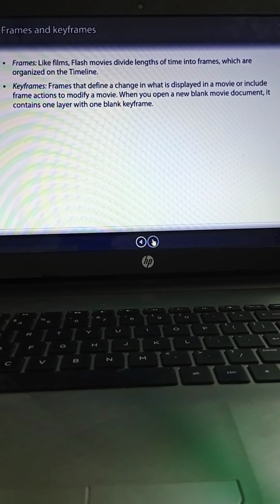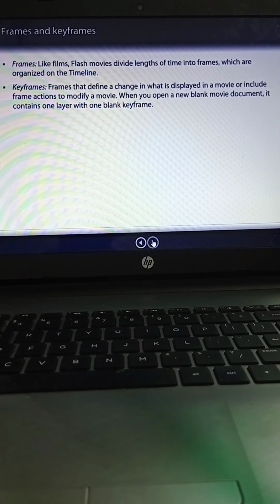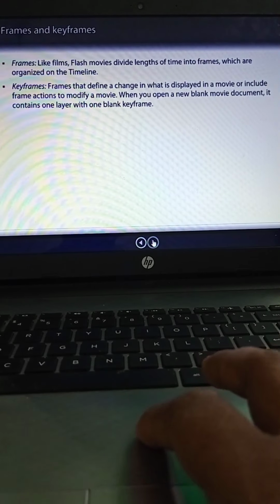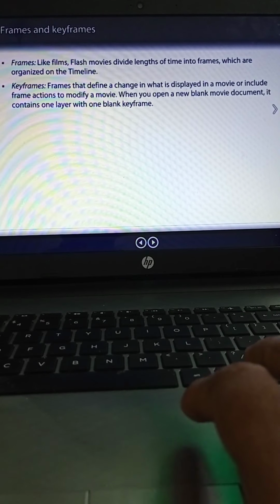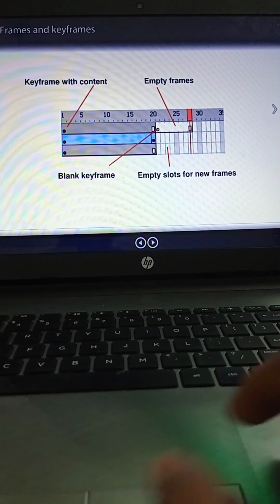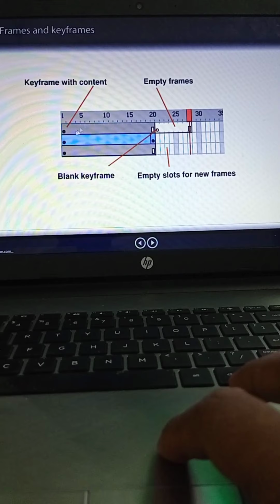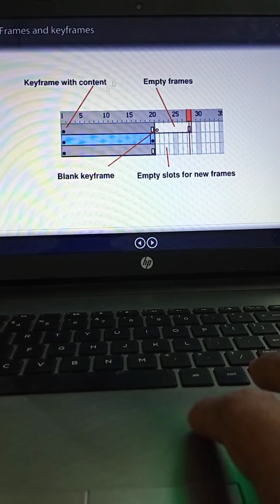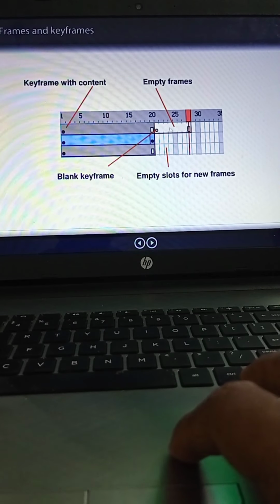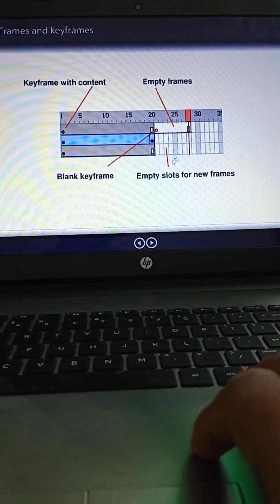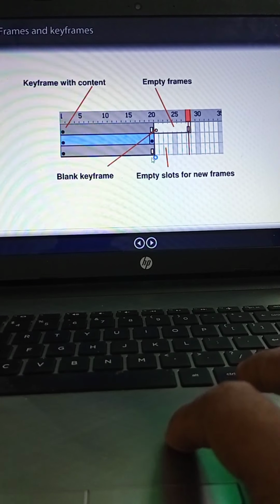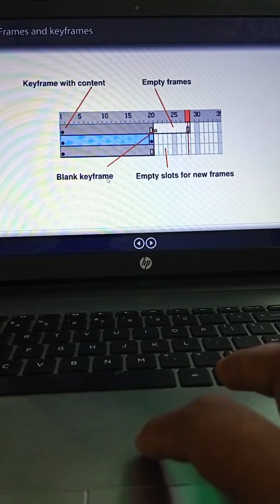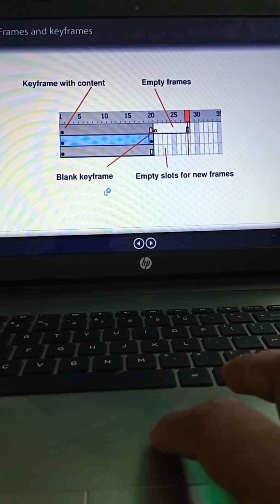When you open a new blank movie document, it contains one layer with one blank keyframe. This is a keyframe with content. This is an empty frame. This is an empty slot for a new frame. This point is a blank keyframe.